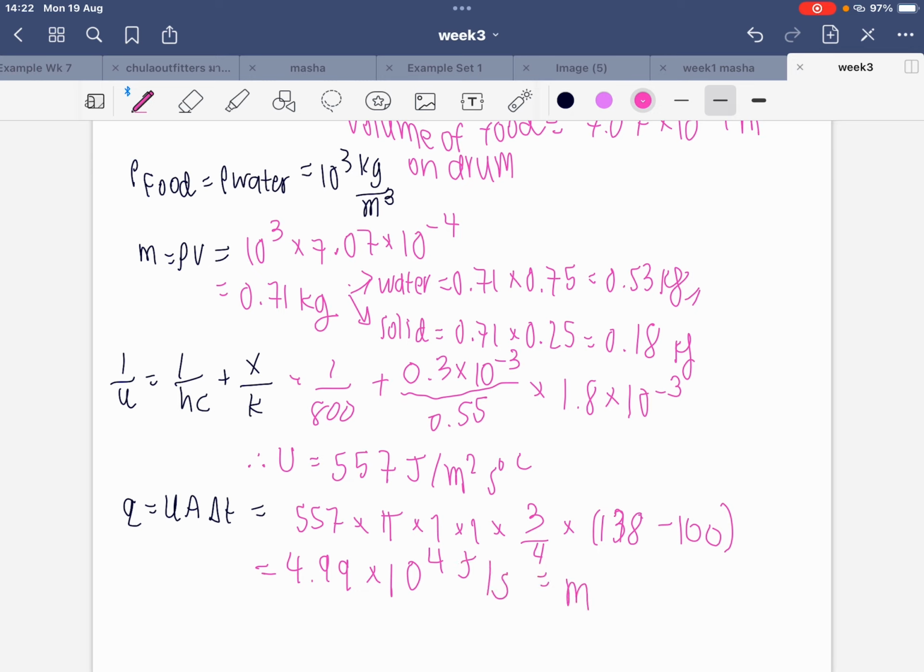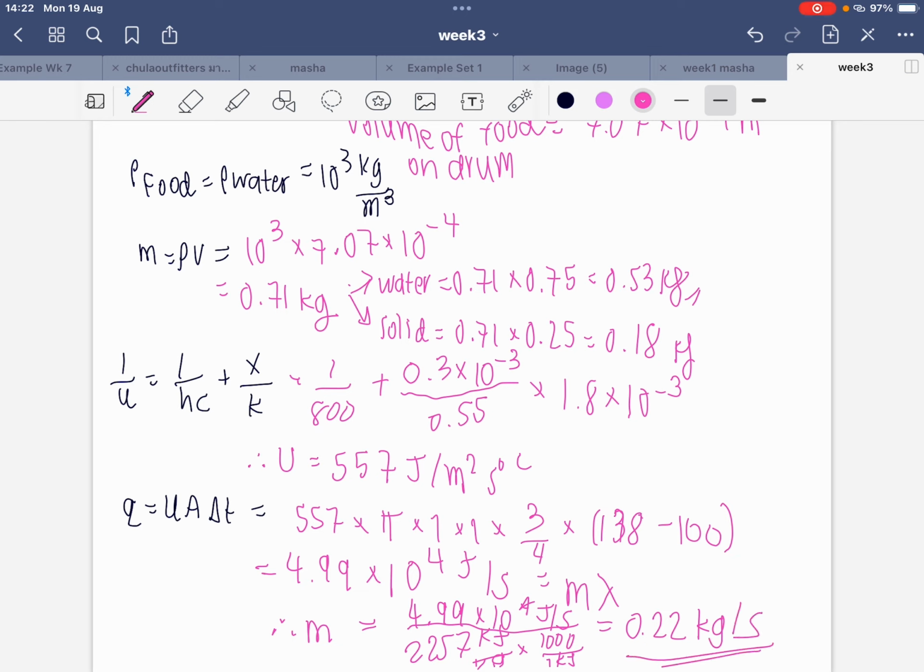And therefore, N is equal to 4.99 times 10 to the power 4 joules per second over 2057 times 1000 over 1 equals 0.22